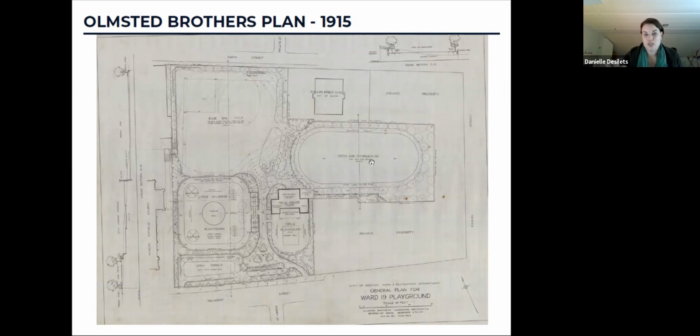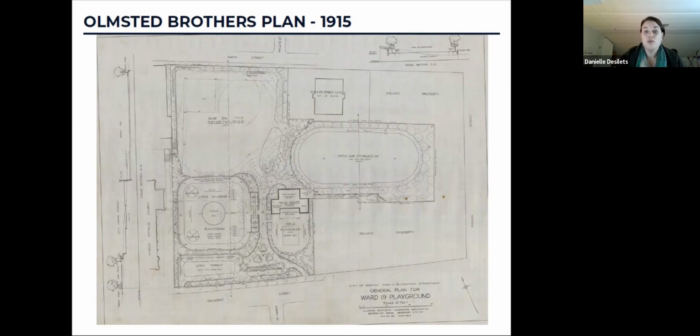Off to the right side, which goes again behind the school, there was listed as an open air gymnasium, and there was a track designed for that. So this plan was designed, but it wasn't actually implemented for another 10 years or so. The plans were developed by this firm, but actually the city then took over and did all the construction and the design of all the walls. So you can see that curvilinear wall in the middle goes back 100 years, which I think is pretty interesting and nice to have those remnants from the original park design.